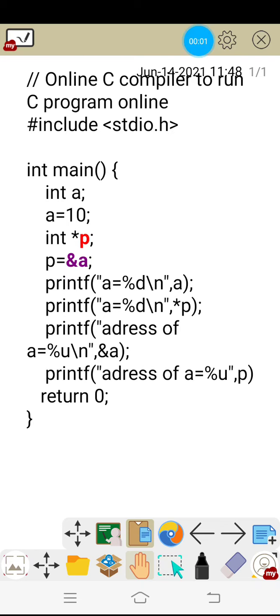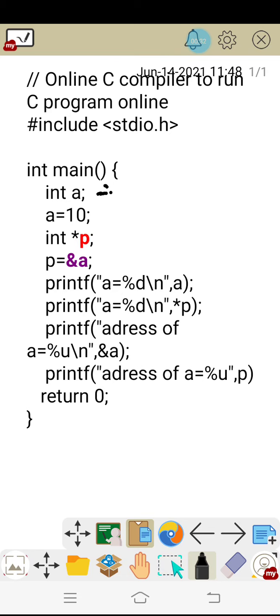So we have discussed the integer pointer, float pointer and character pointer. Now I will give an example program to demonstrate how we can understand the pointers, and this is that program. In this program we have declared one integer pointer. First I have declared a variable, right? So let me trace line by line.